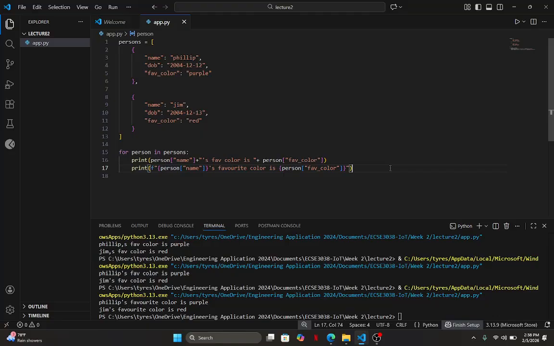Well, you put a curly bracket everywhere you put a variable. So there's a variable here, and a variable here. The F makes it so that everywhere there's curly brackets, it means that there's a variable here. The F has to be on the outside of the double quotes, but inside the print brackets. Yeah.